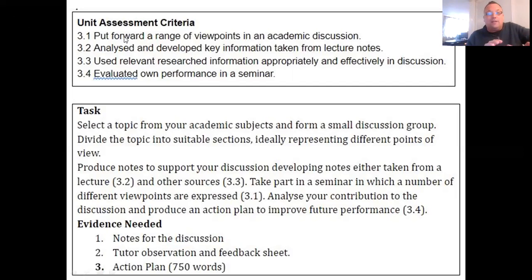And the 3.1, 3.2, 3.3, 3.4 unit assessment criteria are typically found on the front page of your assignment brief. That brief is posted on ClassWorks if you want to have a look at it in more detail. But it says we need to give to CAVA, our awarding body, evidence for putting forward a range of viewpoints in an academic discussion. So typically, that will either take the form of a video or a witness statement by me saying that this has happened,